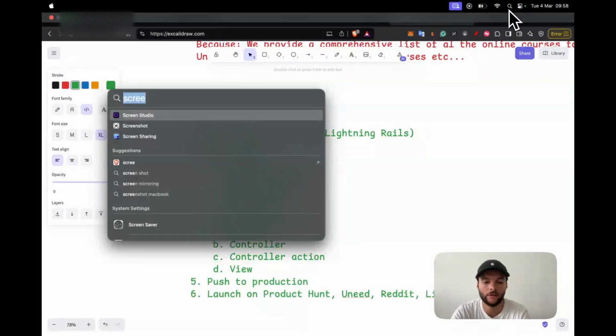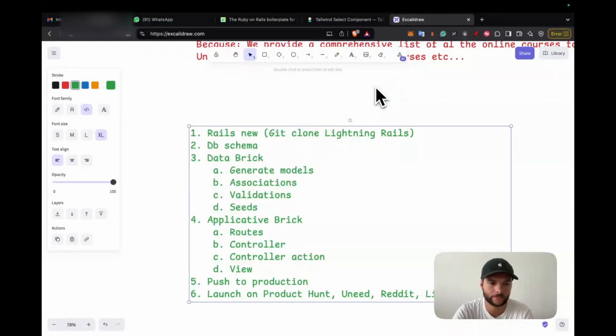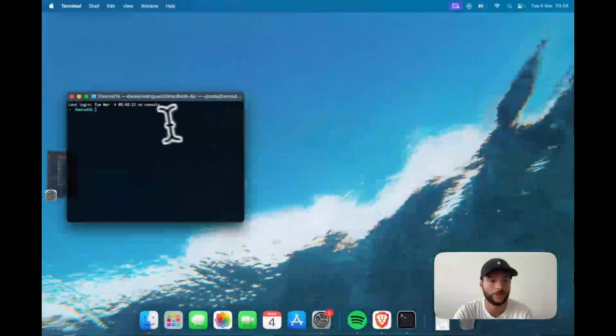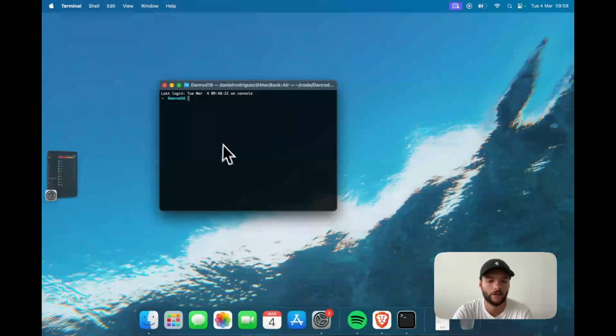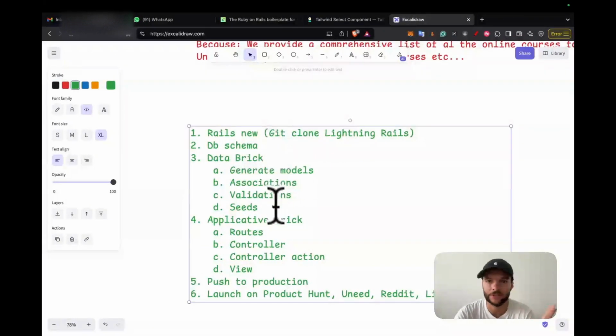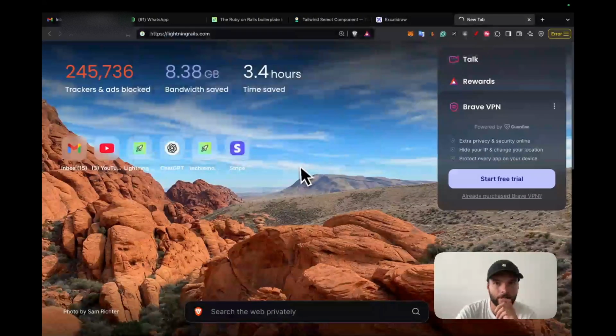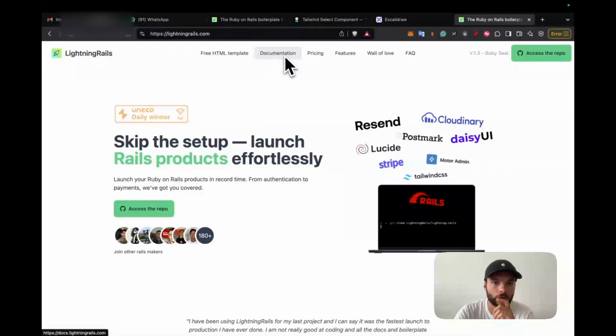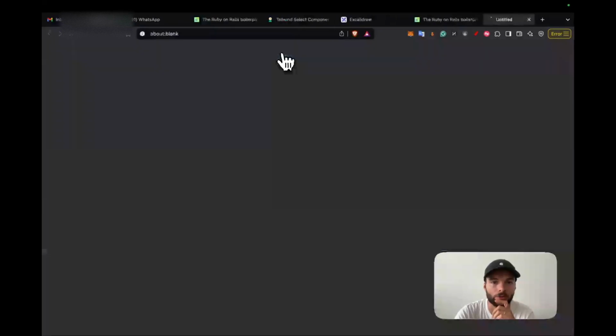I'm going to open my terminal. It's here. And as I said, you can do a Rails new and then the name of your app. And that's going to be a very basic Rails app with the normal setup. For me, I use Lightning Rails. So this is my boilerplate. I go to the documentation